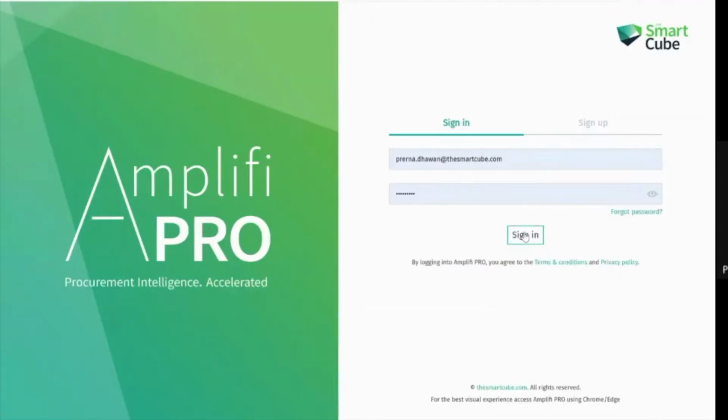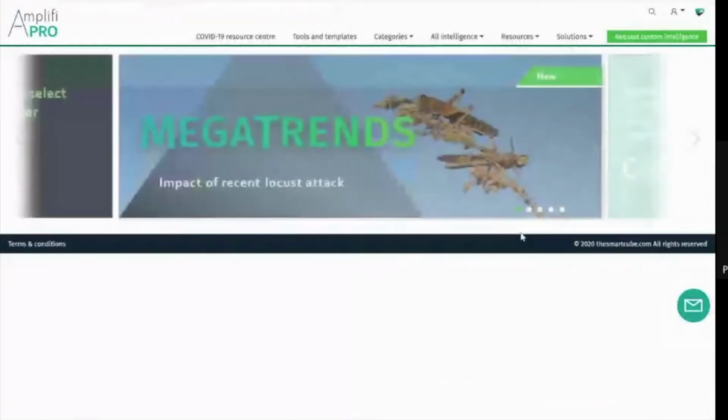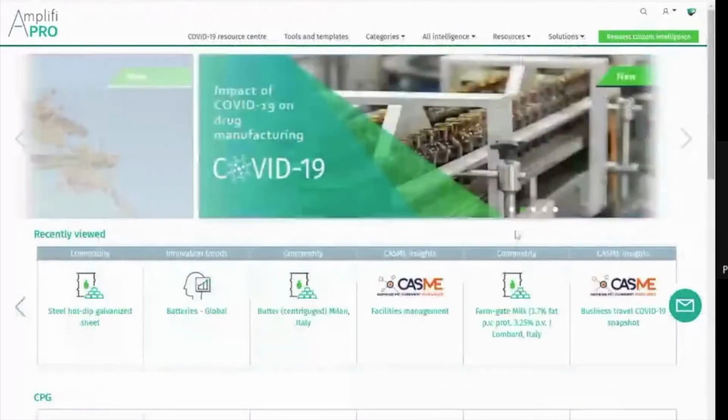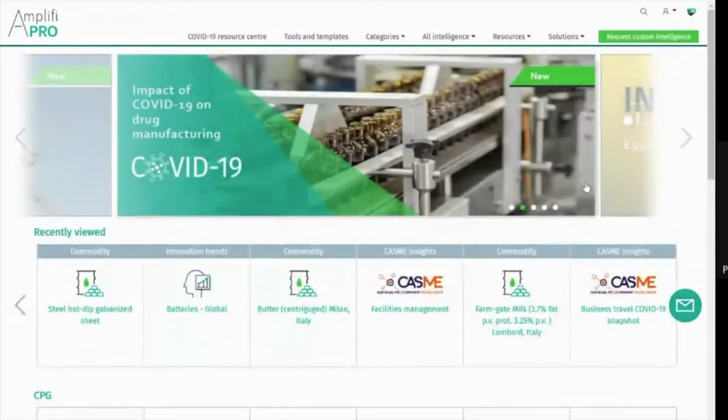Now, as we sign in, you will come onto our landing page, and what I will do is first give you a quick overview of the various aspects of this landing page. I will talk about the overall navigation and layout, and then I will go into the specifics and deep dive into each of these